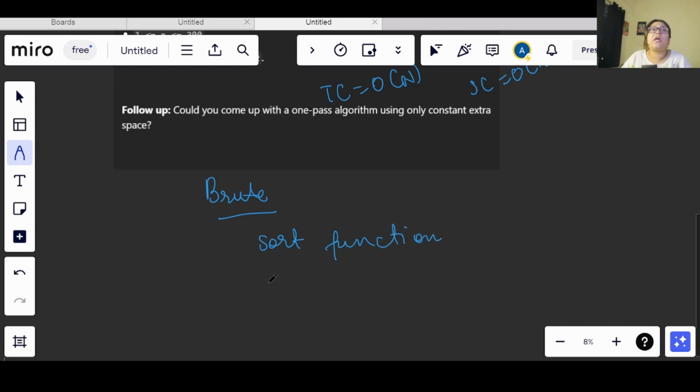In that case, if we are using the pre-built function, the time complexity for the sorting will be O of n log n, right? And the space complexity that we will have will be O of 1 only, because the sorting will be taking place in that array only, and we will not be using anything extra.